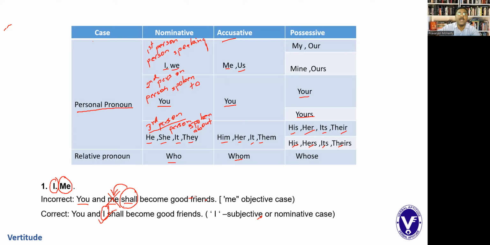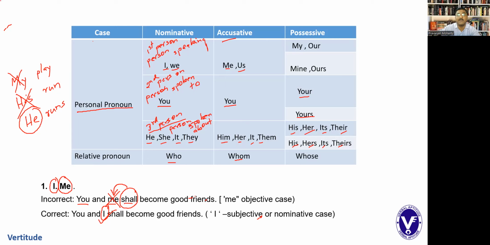अच्छा, अब दूसरी बात, मैं कैसे चेक करूं ये प्रोनाउंस को? क्या जो लिखा हुआ है इसको मैं रट्टा लगा लूं? नहीं, बहुत ही आसान तरीका है। कोई भी प्रोनाउन उठा लो, ठीक है? चलो माई, पुट ए वर्ब आफ्टर, माई प्ले। सही है? नहीं हो रहा है ना, सो ये नहीं है सब्जेक्टिव केस। अच्छा, हिज रन हो रहा है? नहीं ना, तो ये नहीं है सब्जेक्टिव केस। ही रन्स, सही है, सो ये हो गया सब्जेक्टिव केस। यानी कोई भी प्रोनाउन लो और उसके बाद में एक वर्ब प्लेस करो, अगर वर्ब फिट हो रहा है सो दैट इज द सब्जेक्टिव केस। अगर वर्ब फिट नहीं हो रहा है सो दैट इज नॉट अ सब्जेक्टिव केस।